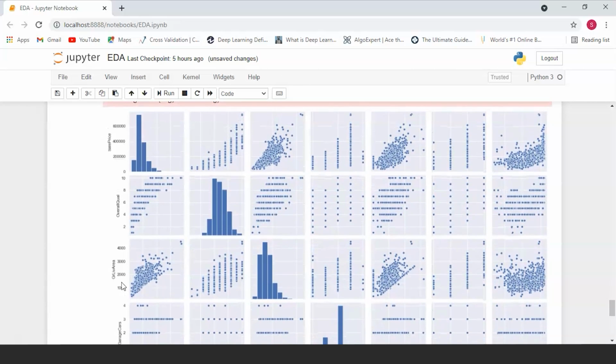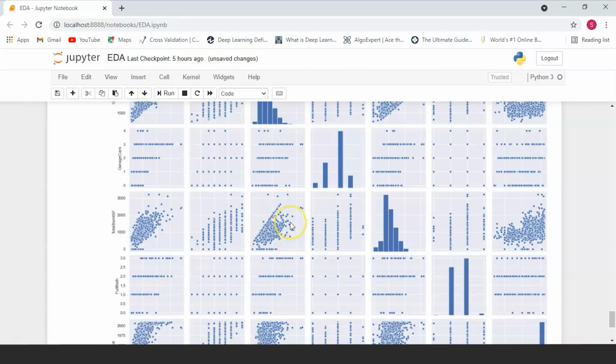Now, one scatter plot which seems very interesting is the one between total basement SF and the greater living area, which is this scatter plot. In this figure, we can see that most of the dots draw almost a linear line, which acts like a border. It makes sense that the majority of the dots stay below that line. Basement areas can be equal to the above ground living area, but it is not expected to have a basement area which is bigger than the above ground living area.